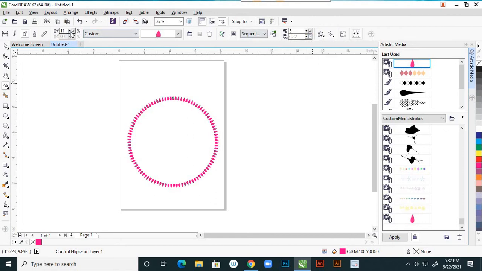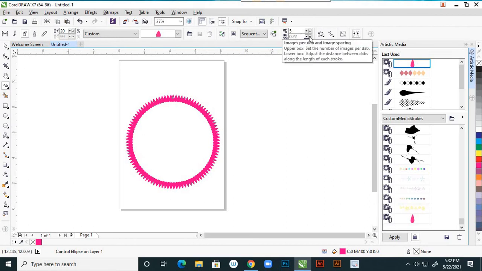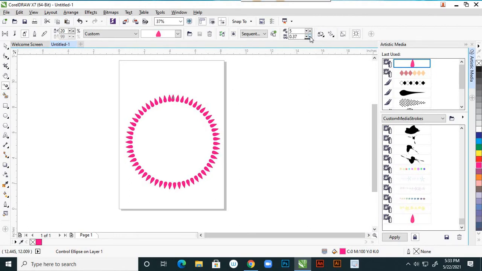Here I want to make it a bit bigger because this is very small. I want to reduce the size, and increase the distance between tabs because I want gaps between them. Excellent.